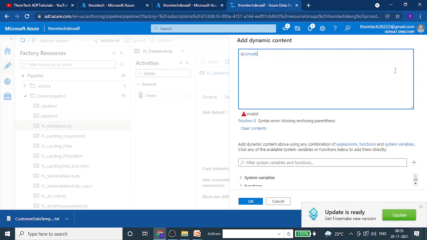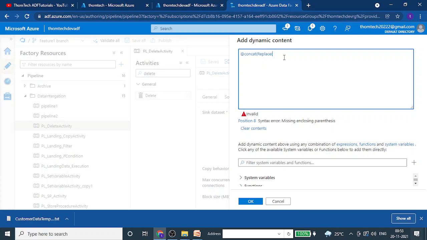Concatenate, take this, first is going to be your file name. Okay, and before that let's take a replace function. In the replace function, you will be taking your file name dot name. Out of your file name, you are going to say I want to replace .txt to what, to